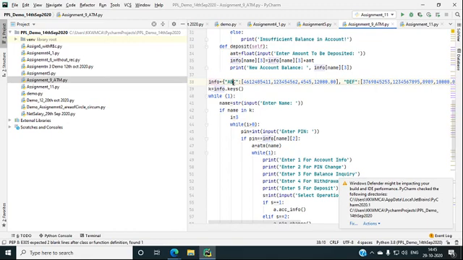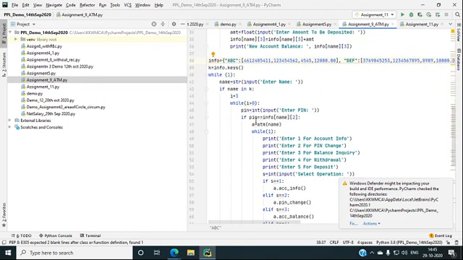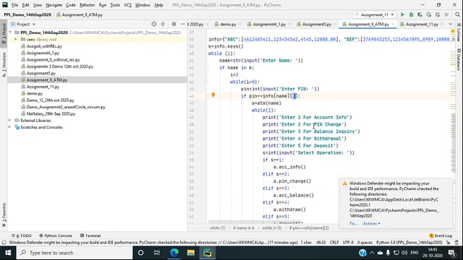For example, if I take the name as ABC, then the pin number for that ABC is 4545. If it matches that pin number, which is the second value of that array, then it will display the menu bar, that is account information, pin change, balance inquiry, withdraw, deposit, the 5 operations which are already stated in the problem definition.